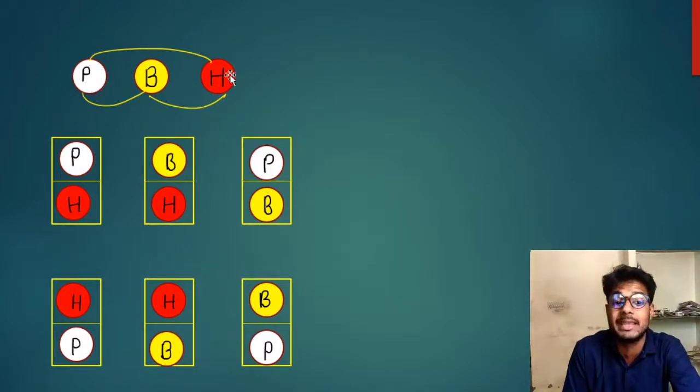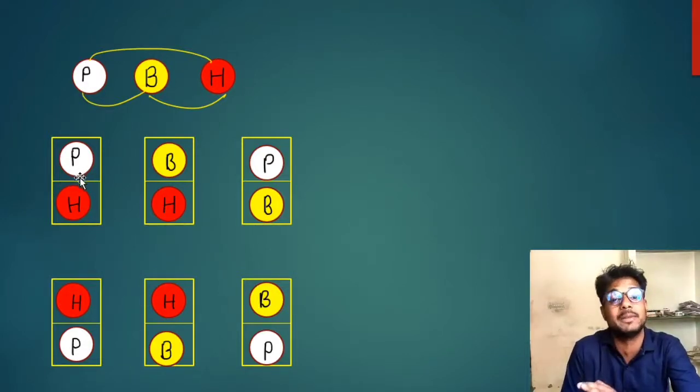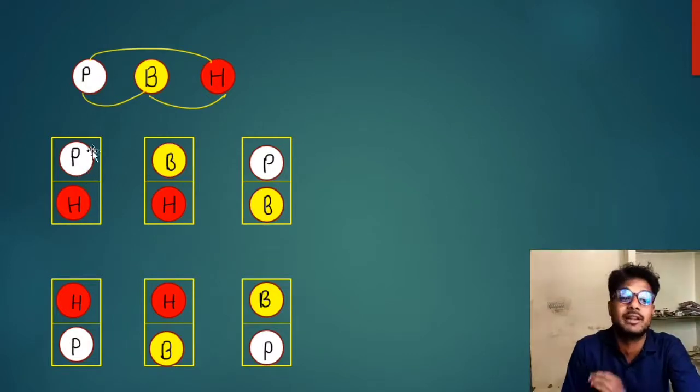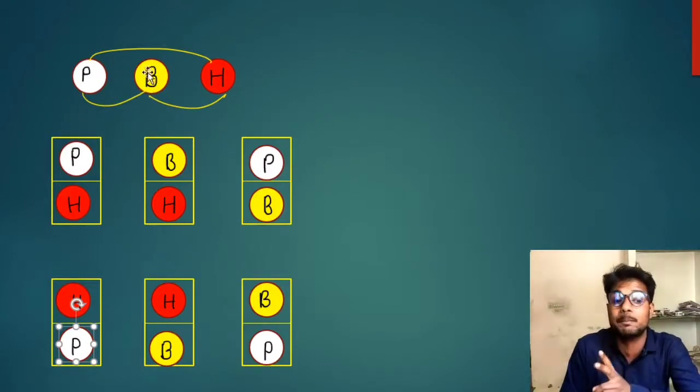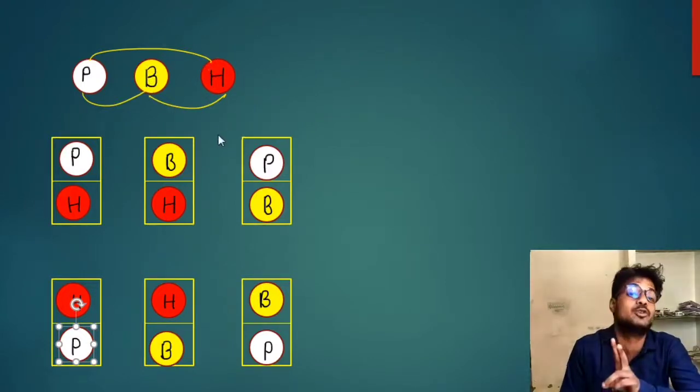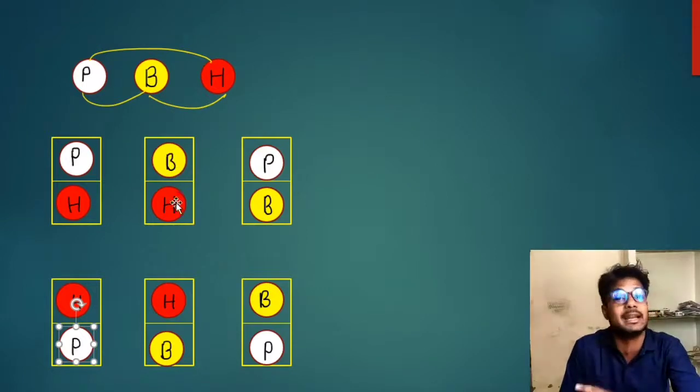We can take P and H, it means perpendicular and hypotenuse. We can take these 2 sides as a ratio, and just opposite to that, I have said already that the ratio of A and B and B and A is different. Then what is the possible ratio? If you take perpendicular and hypotenuse, then there will be 2 ratios, one is P upon H, another one is H upon P. If you take 2 sides base and hypotenuse, then there will also be 2 ratios, that is base and hypotenuse, and another one is hypotenuse and base.